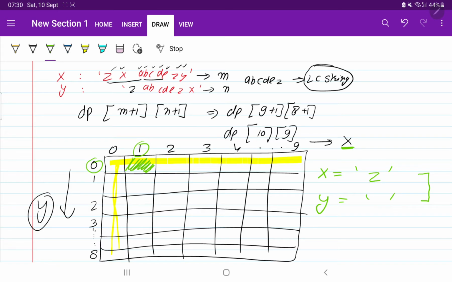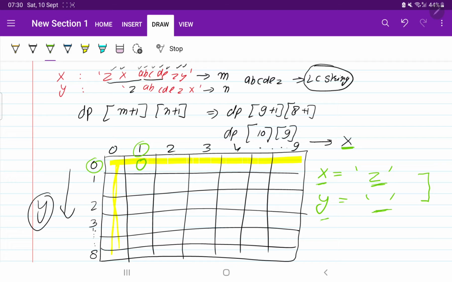Or if I ask you, can you please tell me the longest common subsequence between X and Y? You are going to say that if there are no elements common in both the substrings, the longest common substring will be 0. So the length is going to be 0.